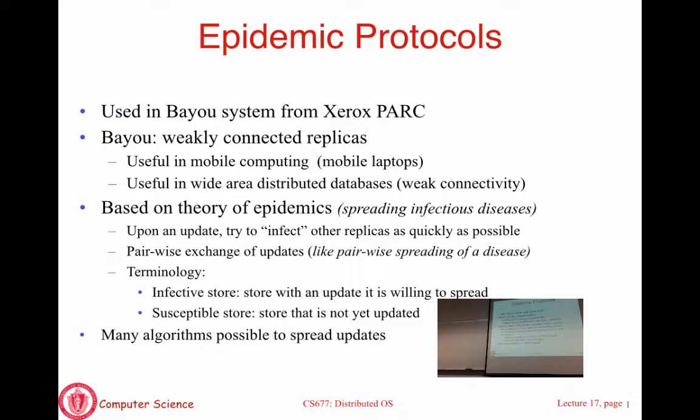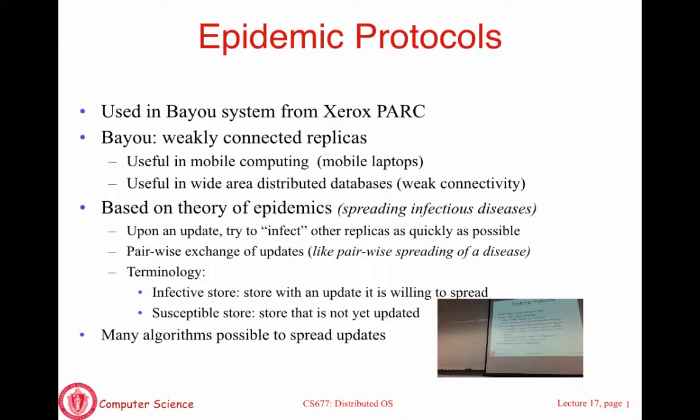Okay? So in an environment where machines are weakly connected, the researchers who were working on this said we need a different approach. We cannot make any guarantees. The reason is you cannot say when you can propagate an update, because you cannot say when machines are going to be online to receive the update. So they came up with this notion of eventual consistency, which says the only thing you can guarantee is that eventually the updates are going to propagate, but we cannot make any guarantees. Okay? This was really the history of why eventual consistency came about.